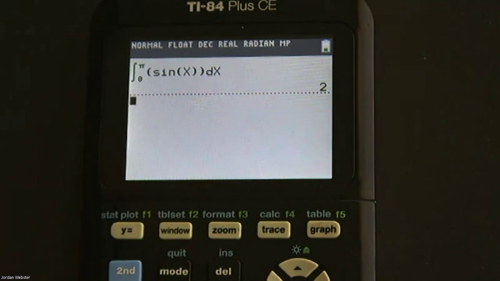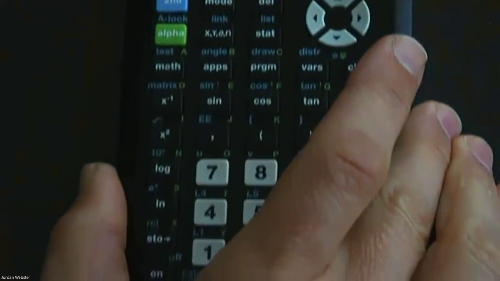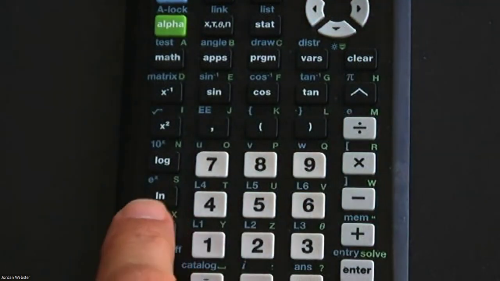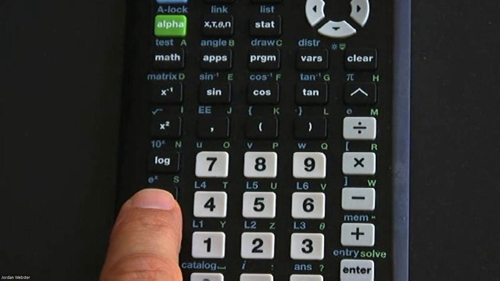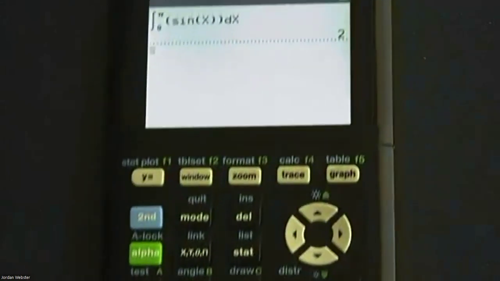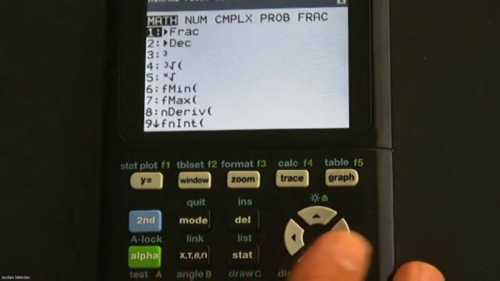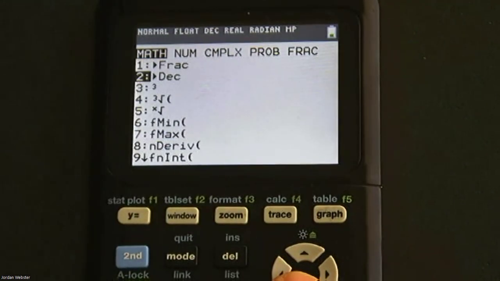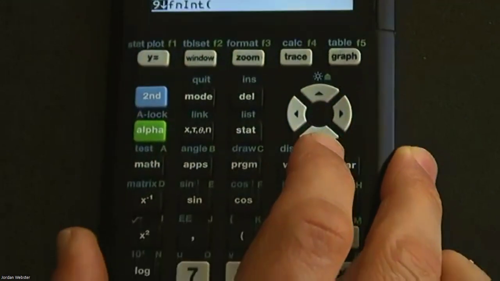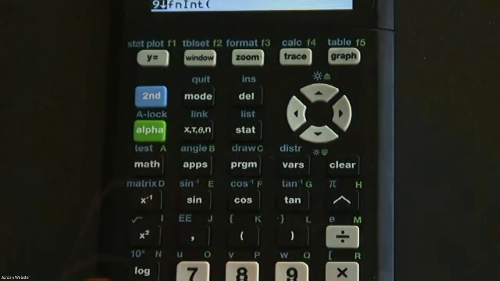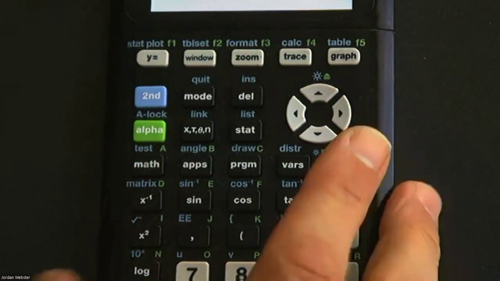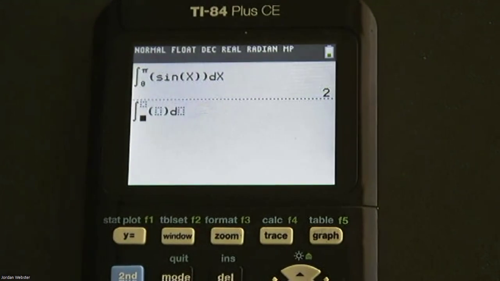You can do that with the other function as well. The other function is going to cause us to use the e to the x feature. But once again, you just go to math. You can either scroll down to number 9, or you can just hit the number 9 after you hit the math button. Again, the math button's right there, and then hit number 9, or scroll down to number 9 and hit enter. So in that second integration, I was integrating from 0 to 5,